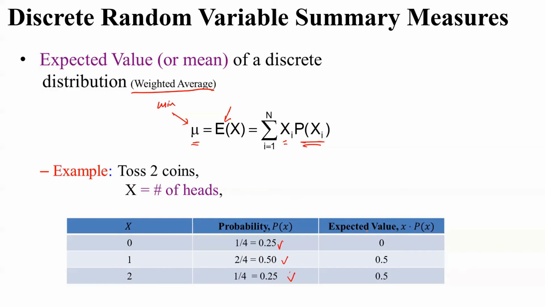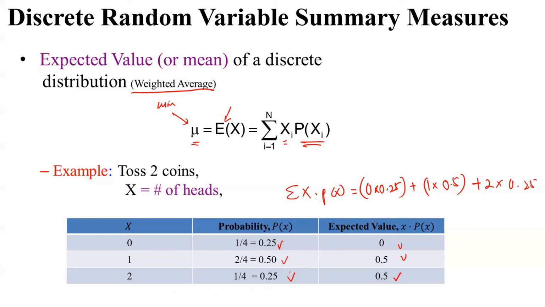Now for the expected value, as I said, you need to multiply x with the corresponding probability and sum up x times P(x). So I make it simple: 0 multiplied by 0.25, and then plus 1 multiplied by 0.5, and then the third one, plus 2 times